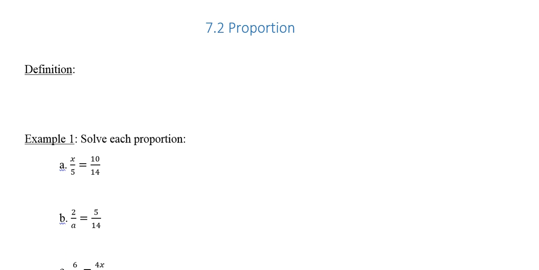We are moving on to section 2 in chapter 7, and we're doing proportions today. A proportion is simply when you take two ratios and compare them. Remember, a ratio is a comparison of two numbers. A proportion is a comparison of two ratios. So let's write our definition